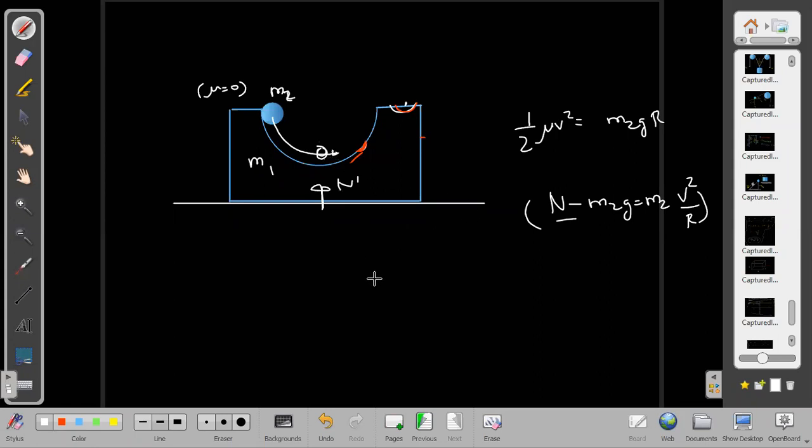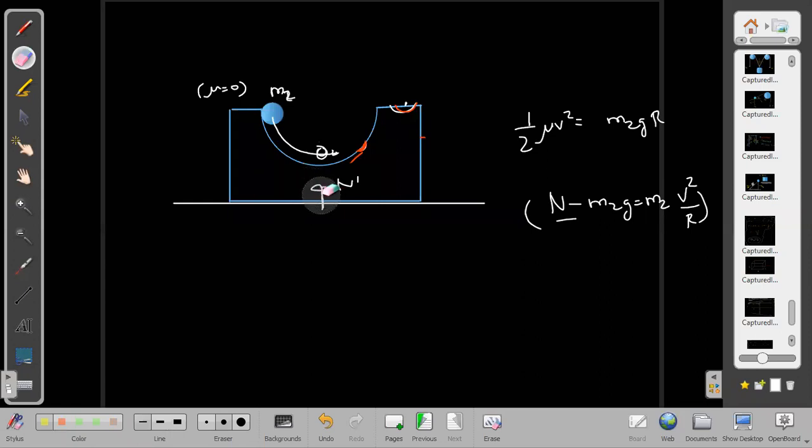And this plus m1g n dash will be equal to just the n obtained already plus m1g. These also we can obtain very easily, sir. Very simple task. But let us analyze what the normal will be when this is not reaching the bottommost point, when it is somewhere halfway or already crossed the bottom point. So that we have to find out.